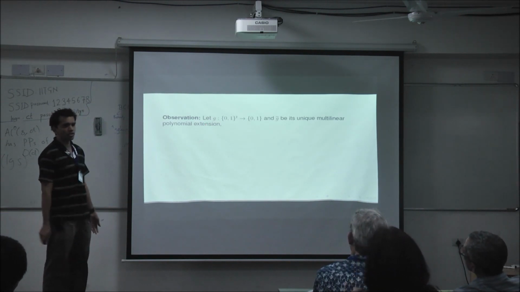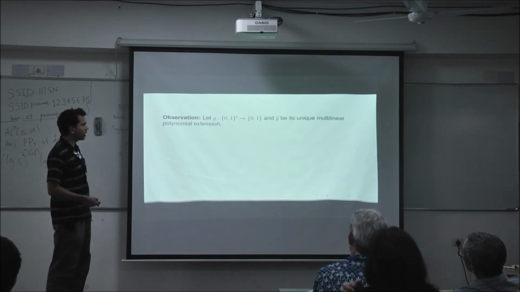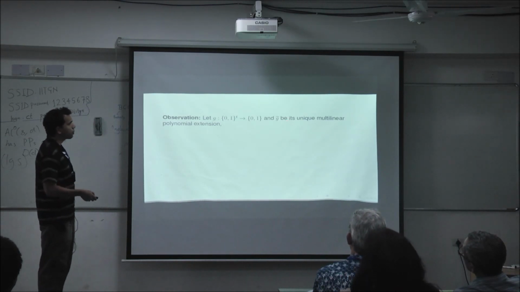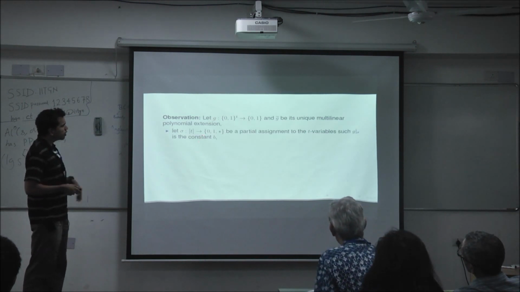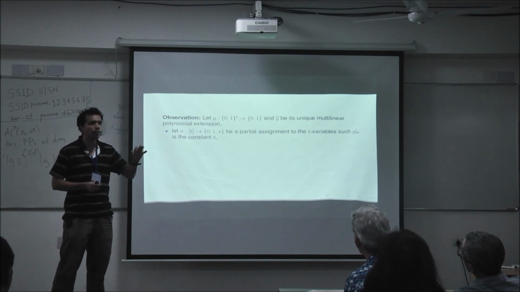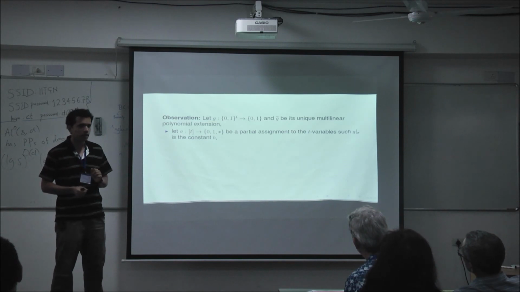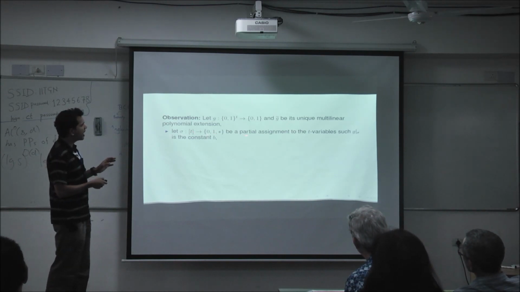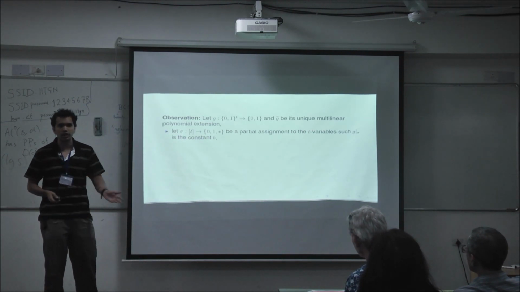So take any Boolean function g on t bits. This is a general observation, but think of g as majority, because that's how we're going to apply it. And suppose we have its multilinear polynomial representation g tilde. So suppose we fix some of the bits to something. Like for example, in the majority function, if you fix half the bits to 1, the majority function becomes 1. Right? So similarly, let sigma be any sort of partial assignment that collapses the Boolean function g to some value.